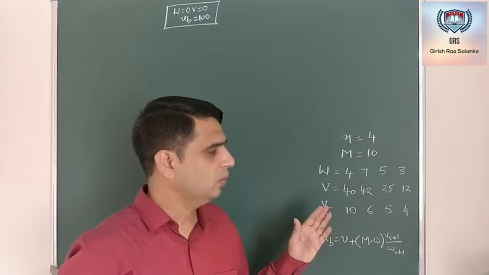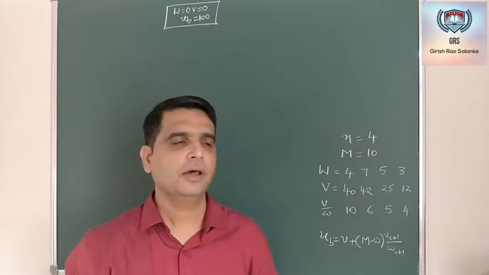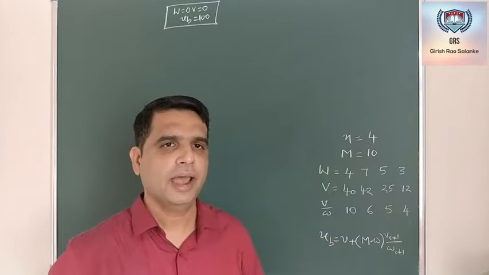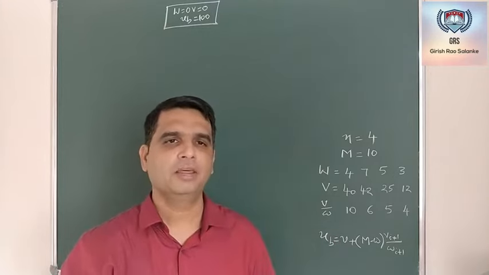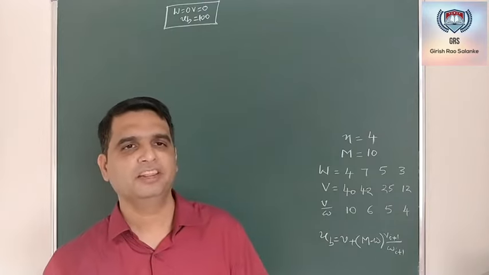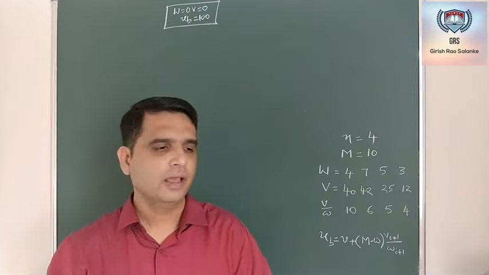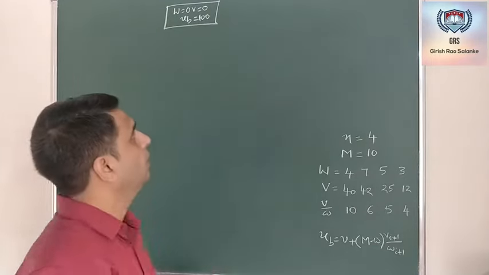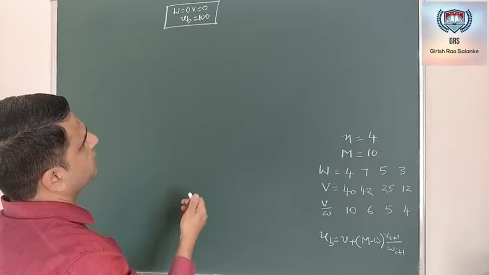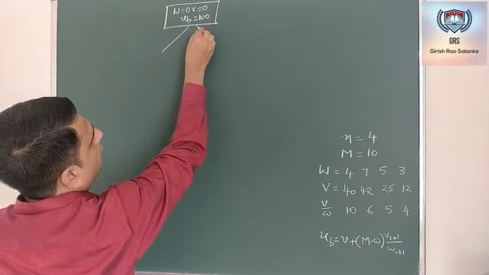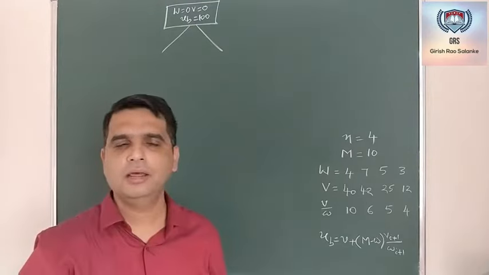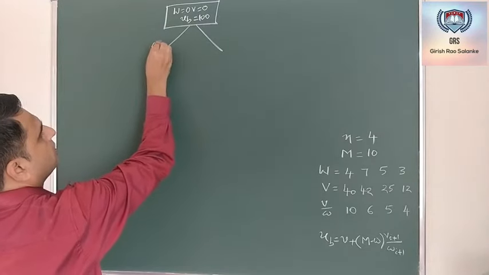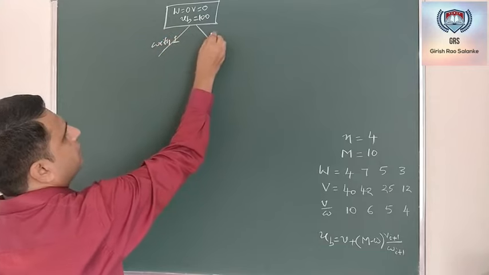Now, why I need to arrange in descending order of their profit to weight is because if I place the first object after reordering, I should get the maximum profit, and I should get lesser profit on placing the last object. Now, I need to proceed with this state space tree. We know that either we can place the object or we can discard the object. So I'll have two branches: